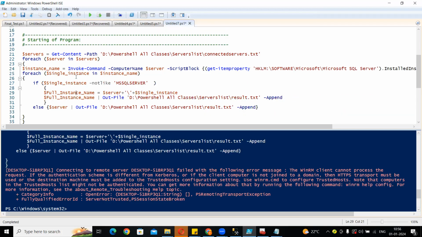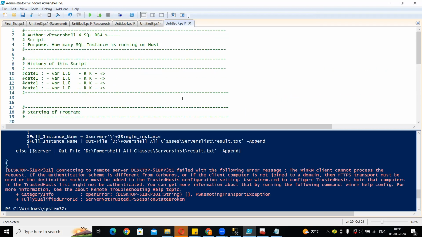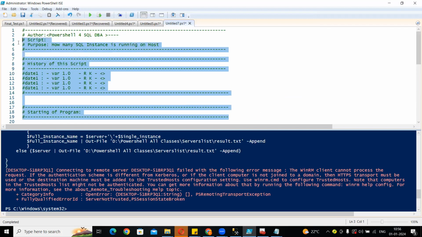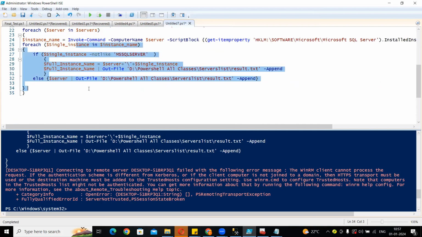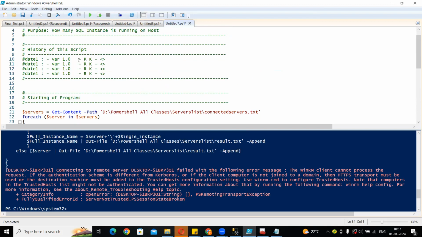So let's start now. And before that, one more thing I will tell you: whenever you start PowerShell scripting, there are a few things you always have to define in it, right? Like who is the author. If you are working in your organization and you are going to develop the script, you have to write your name, that this script is developed by you. Author, what is this script, right? What is the purpose of this script, what is this script going to do? And the history of the script, like I have already released this first version, right? So I will write version 1 and the date I released it. I will give the release date, and I will write the